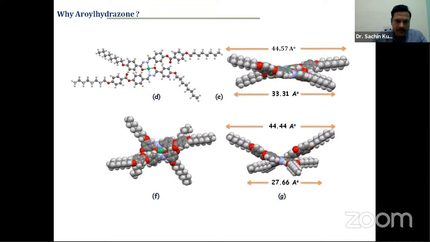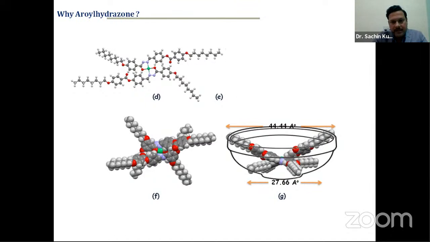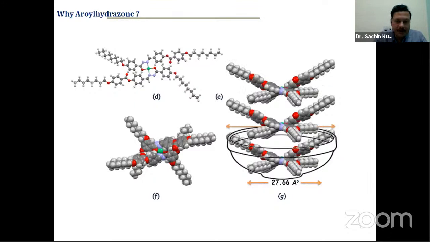to get various new mesophases. The good thing with this type of core is that there is also a possibility of coordination to the metal ion. It may chelate to the metal ion, and further you may go for metal containing liquid crystals. There is also a possibility of adsorption of this type of ligand, liquid crystal ligand, to nanoparticles also. It may stack together for supramolecular assembly. I'm just showing the DFT, but there are single crystal studies and X-ray diffraction studies also. I will discuss them in the next slides.